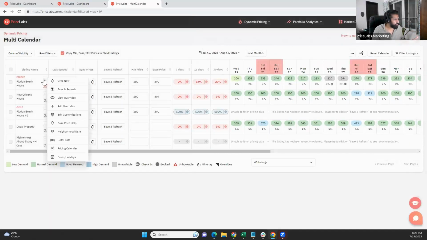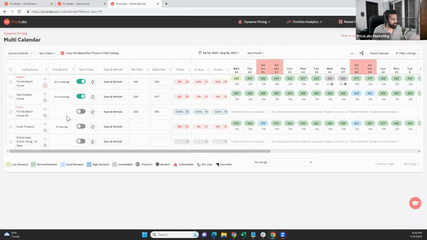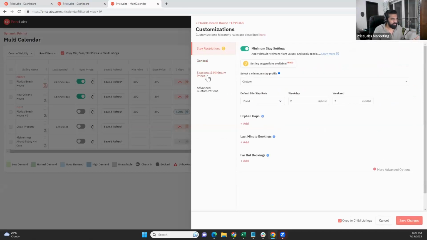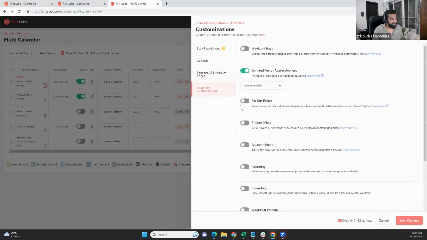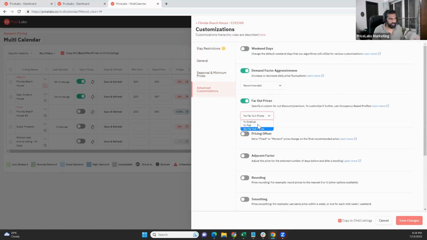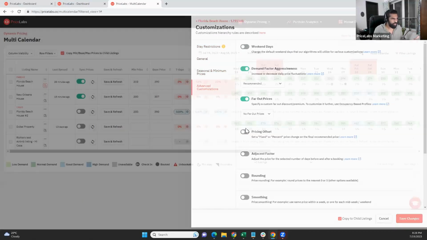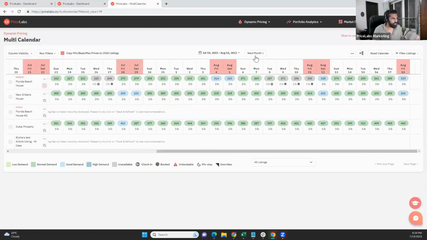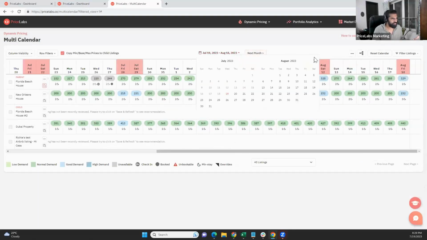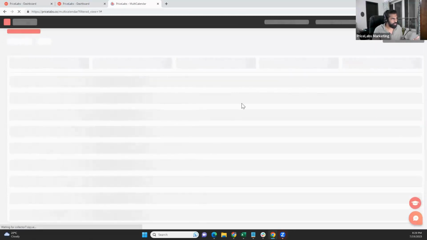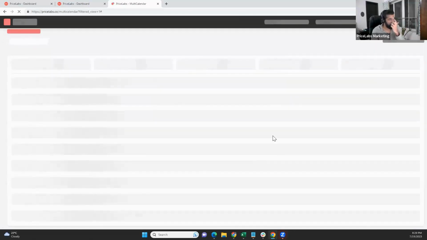I'm not going to wait for it to load. You can also edit customizations again from this place. And if I go into, again, advanced customizations, far out, I can control it very much the same way. And again, if I was maybe in, let's say, Feb, and give it a second to load. If I was in the month of Feb,